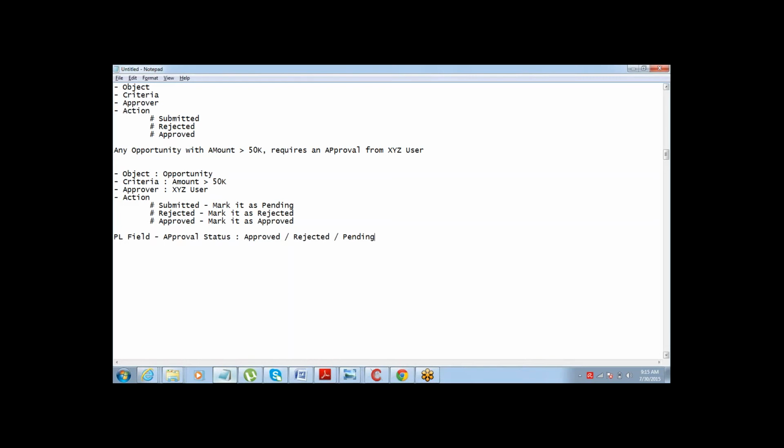So that's what I actually plan to do. So first of all, let me create this approval status field. This is a pick list field. I'll create this, and I will just update the value of this based on the approval stage. All right. That's what we will do.